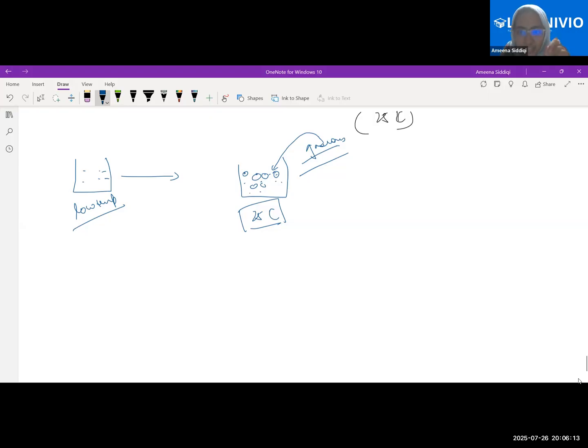Now what happens? The gaseous particles lose the energy. Obviously, the gaseous particles near this container will be losing the energy; they will be transferring the energy. As soon as the gaseous particles near the water container lose the energy to the particles of the container, since they have lost the energy, they will change to the liquid state. It is a process of cooling for the gaseous state. And how are they cooling? By transferring their energy to the particles of the container.